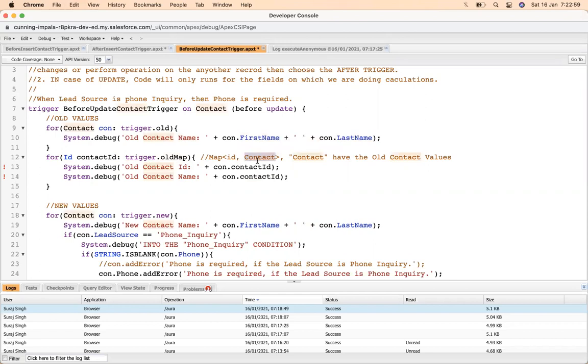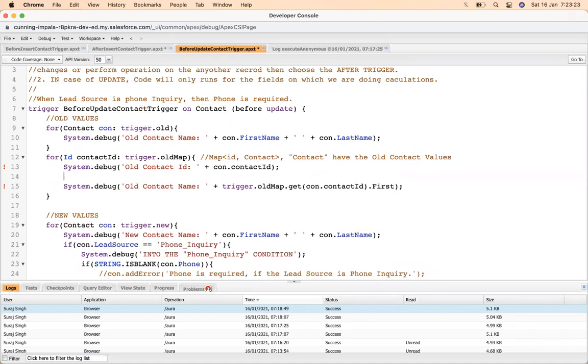What type is the value? It's a contact, so we can get that. So contact map dot get contact ID dot name, sorry, first name and last name. Or instead of doing that, let's put a variable so it does not confuse you.